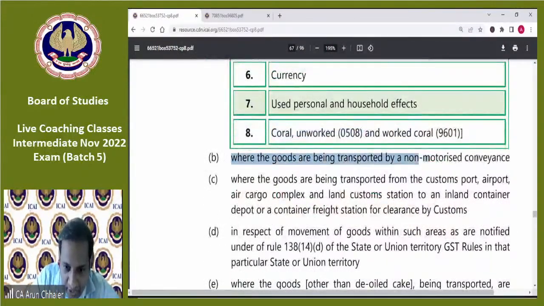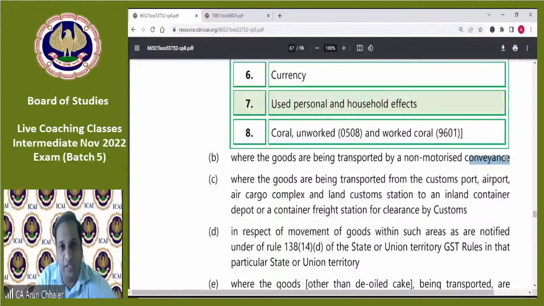Next, where the goods are being transported in a non-motorized conveyance. Means, suppose Mr. A is moving the goods to Mr. B by cycle rickshaw. There is no motor. Or by cart, bullock cart, or by labor. Labor also delivering the goods, na? So in that case, if a motor is not being used for moving the goods, irrespective of location, even if it is moving from one state to another state, there is no restriction. If a motor is not used, then an e-way bill is not required at all. Next,